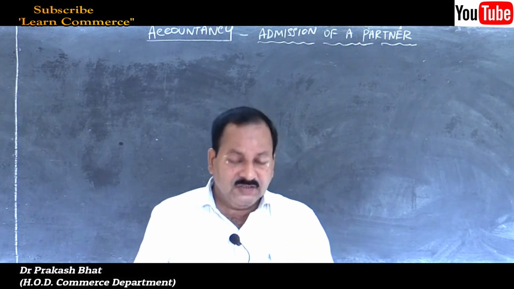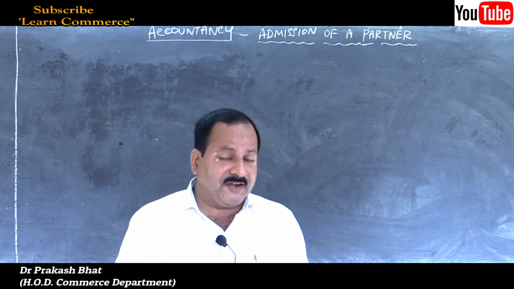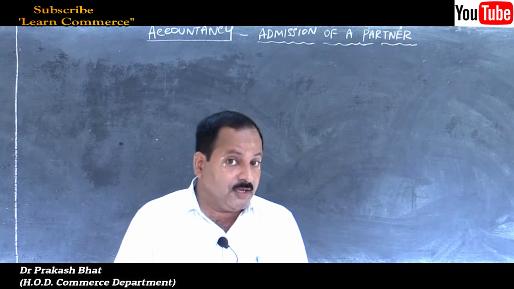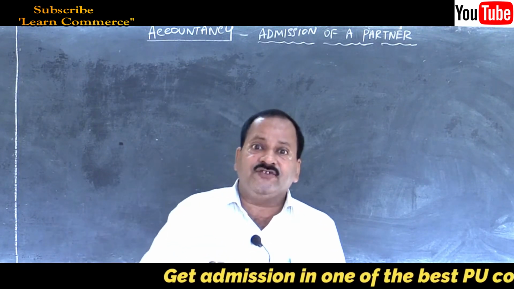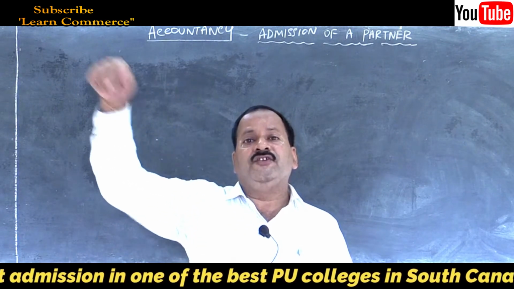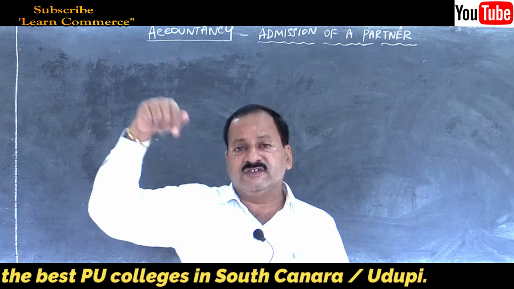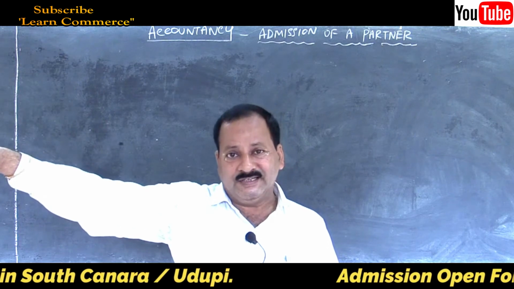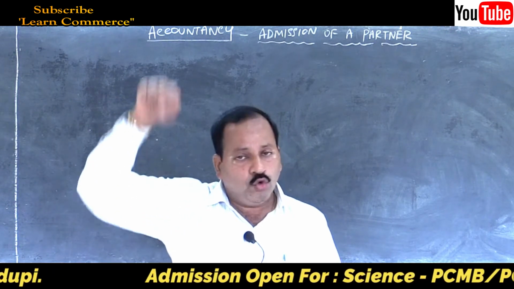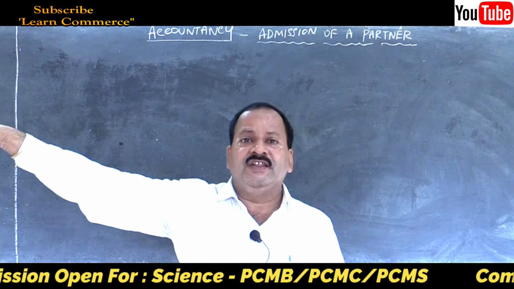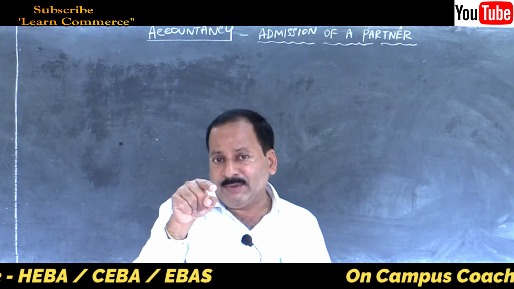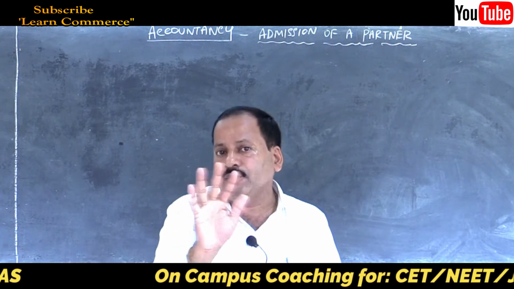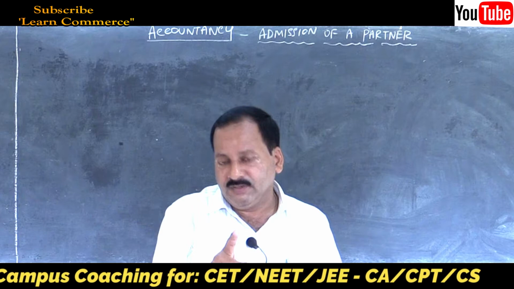So make sure you check in the problem whether new ratios of all the partners are given. If given, you must calculate the sacrifice ratio, and in that ratio only the goodwill should be distributed. Cash brought in towards goodwill should be distributed among old partners. If it is not given, and only the new ratio of the new partner is given, take the old ratio itself as the sacrifice ratio. But while writing below the entry, you should write sacrifice ratio and not old ratio. Remember, 2:1.